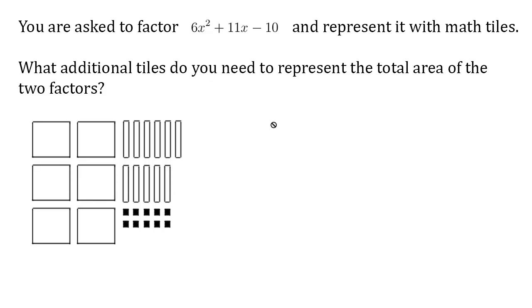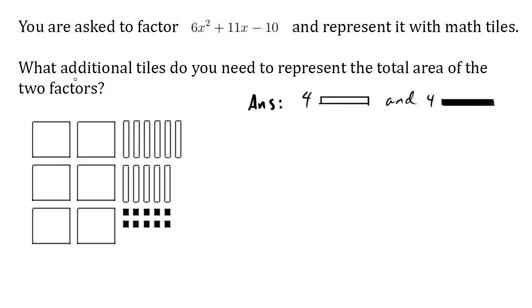The answer to this question is 4x and 4 negative x sticks. Let's find out why. You are asked to factor 6x squared plus 11x minus 10 and represent it with math